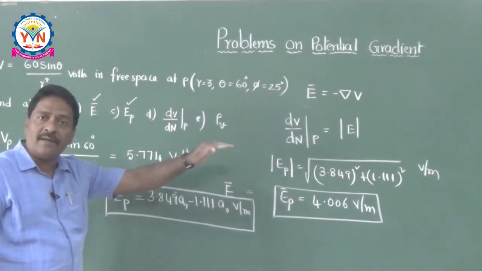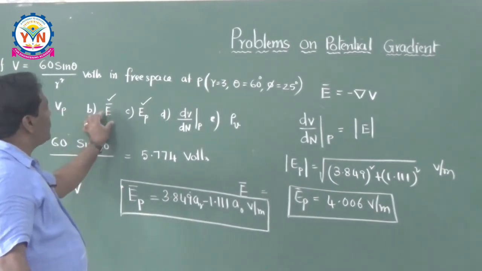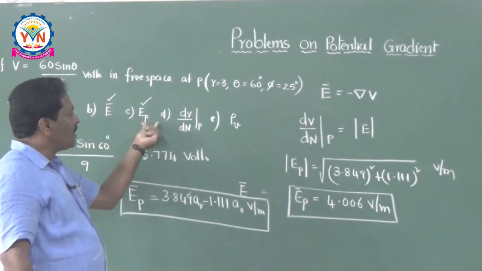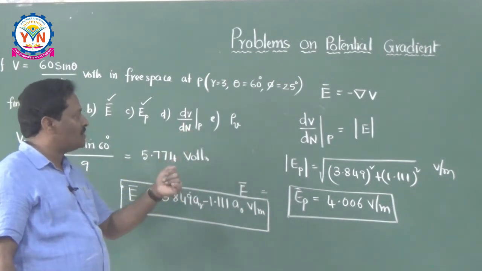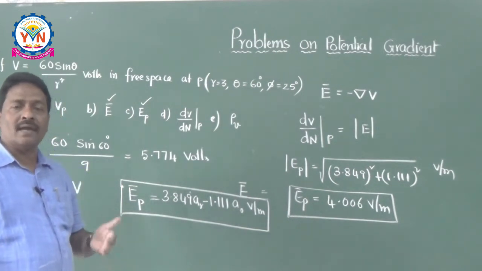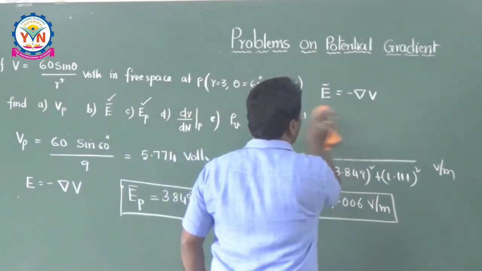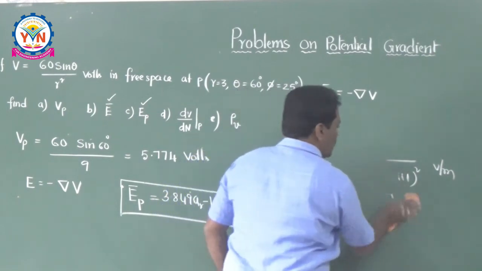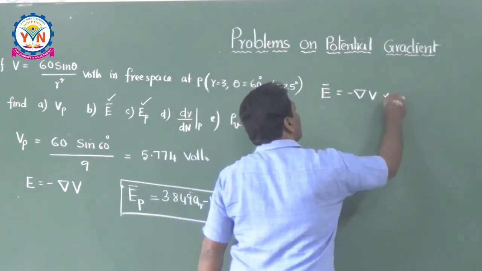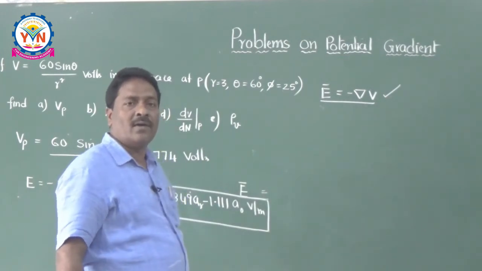So the last and final parameter is rho v. How to calculate rho v? From the potential, you found the electric field intensity using the gradient concept, E is equal to minus del V. After substituting the points you got it, and you got the electric field intensity magnitude. And how to find rho v? Because rho v is nothing but del dot D bar. You have to use del dot D bar in the spherical coordinate system. So you have to use two formulas for this problem: one is gradient and the other one is the divergence formula.